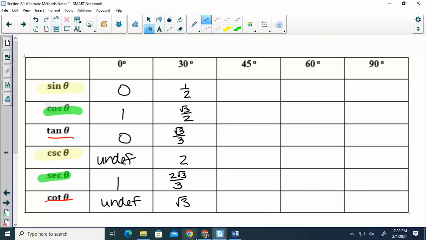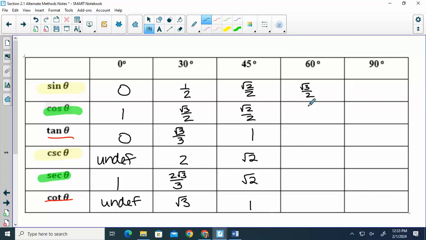Okay, so 45. If you fold in your 45, sine, square root of the top over 2. Cosine, square root of the bottom over 2. Tangent, square root of the top over square root of the bottom. Cosecant, reciprocal of radical 2 over 2. Secant, reciprocal of radical 2 over 2 is the same, and the reciprocal of tangent would be 1. 60. So sine, square root of the top over 2 would be